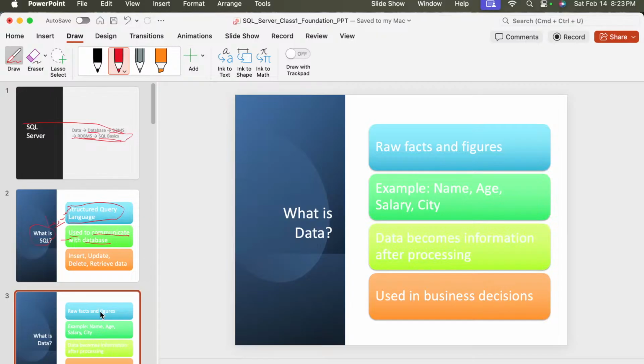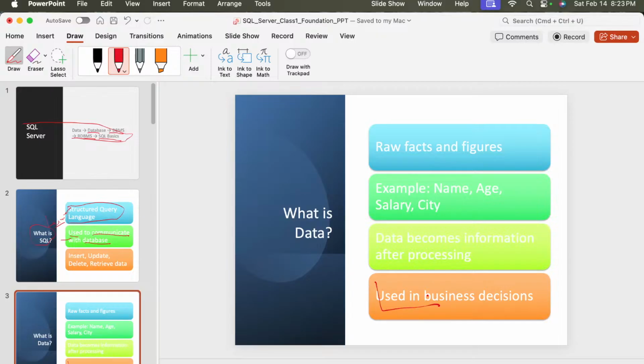Data is raw facts and information collected about everything, for example your name, age, salary, city. Data becomes information after processing, right? It is used in business decisions, and data is very useful for business decisions as well, right?